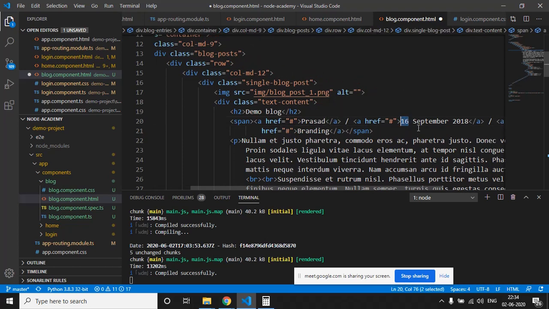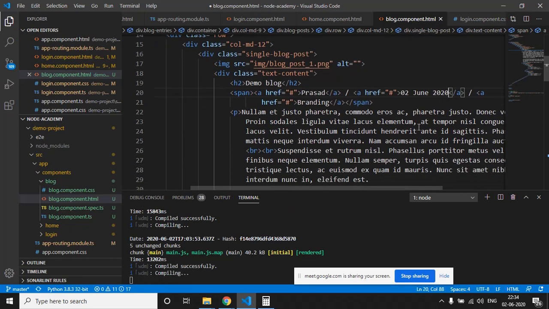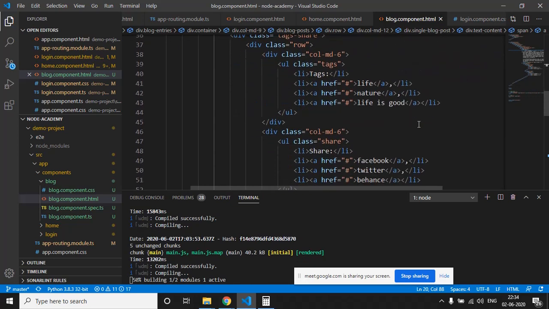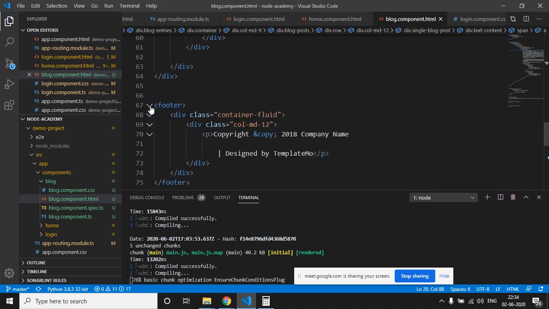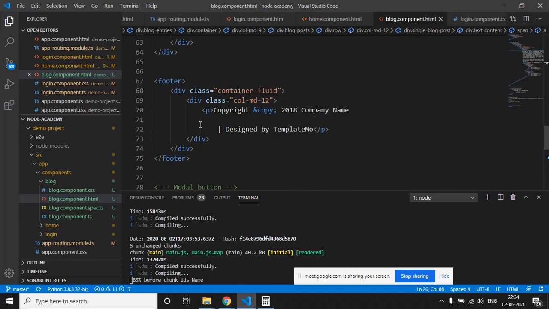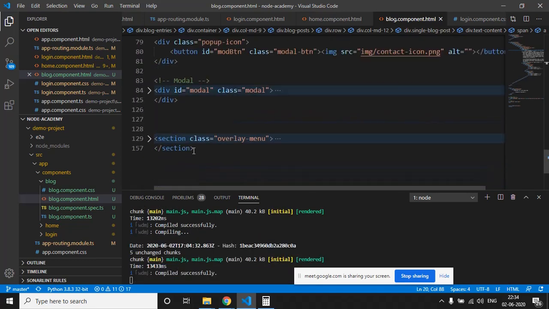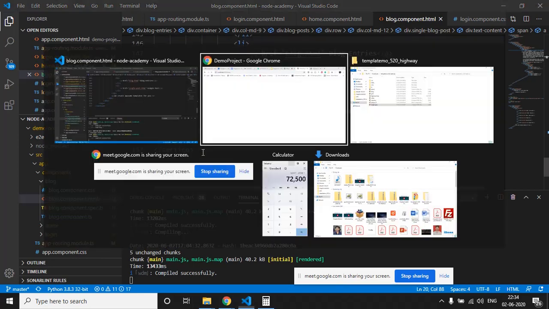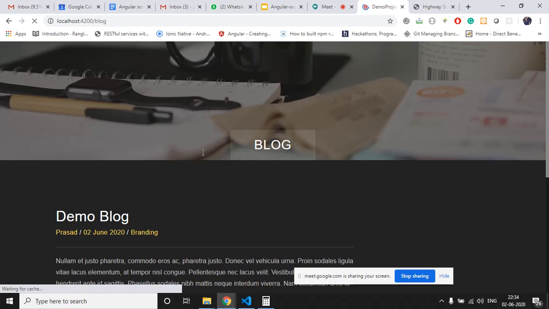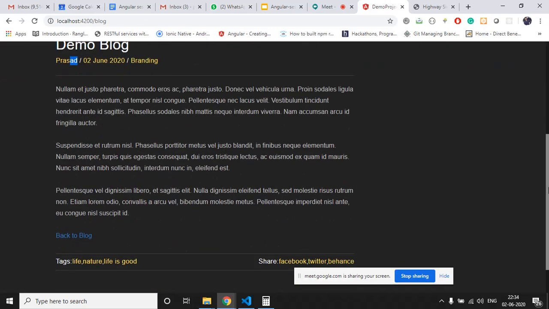Today's date is 2nd of June 2020. Branding, and in the footer, when someone clicks on the name section, let's see how. So we have changed this: the author is this, the date is this, the content we can see.